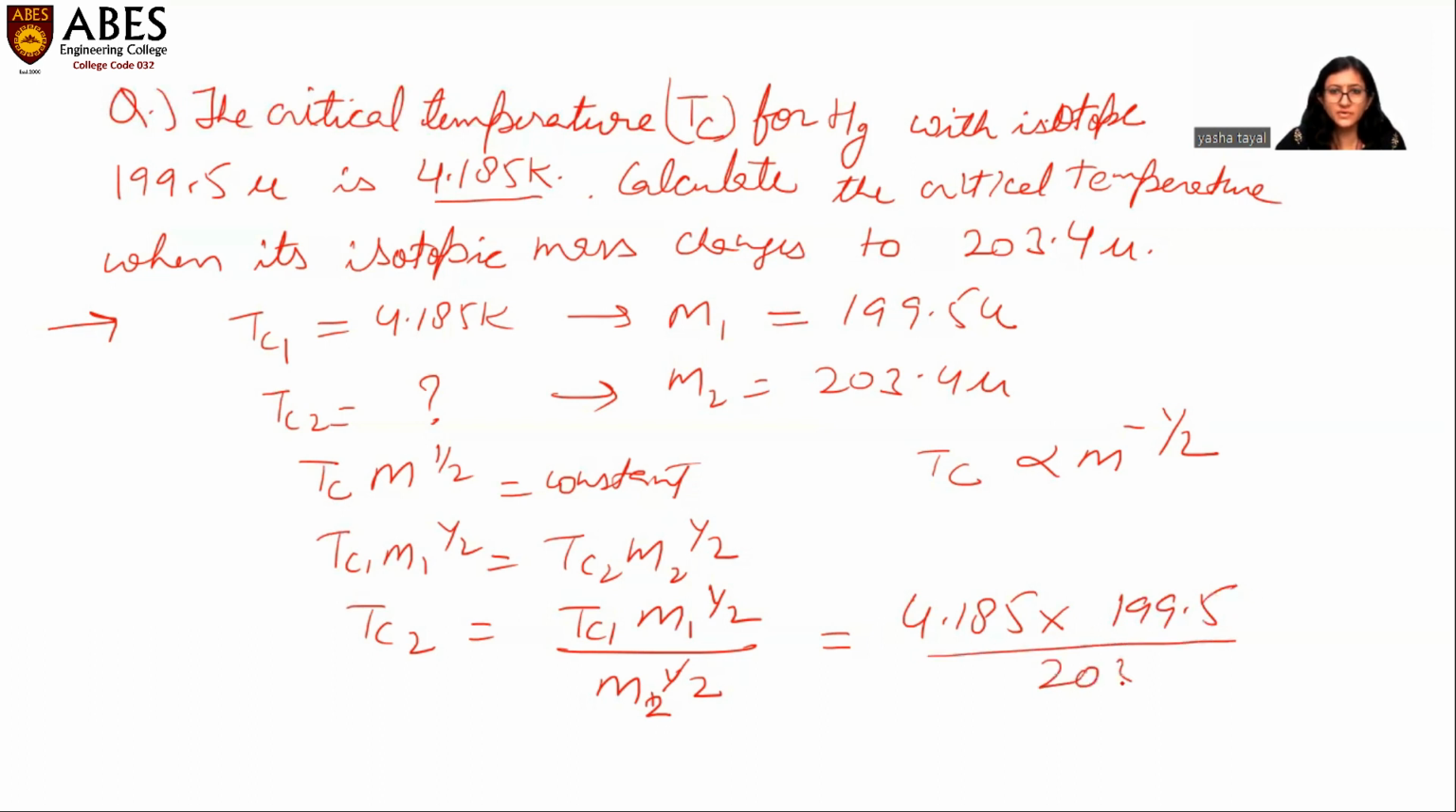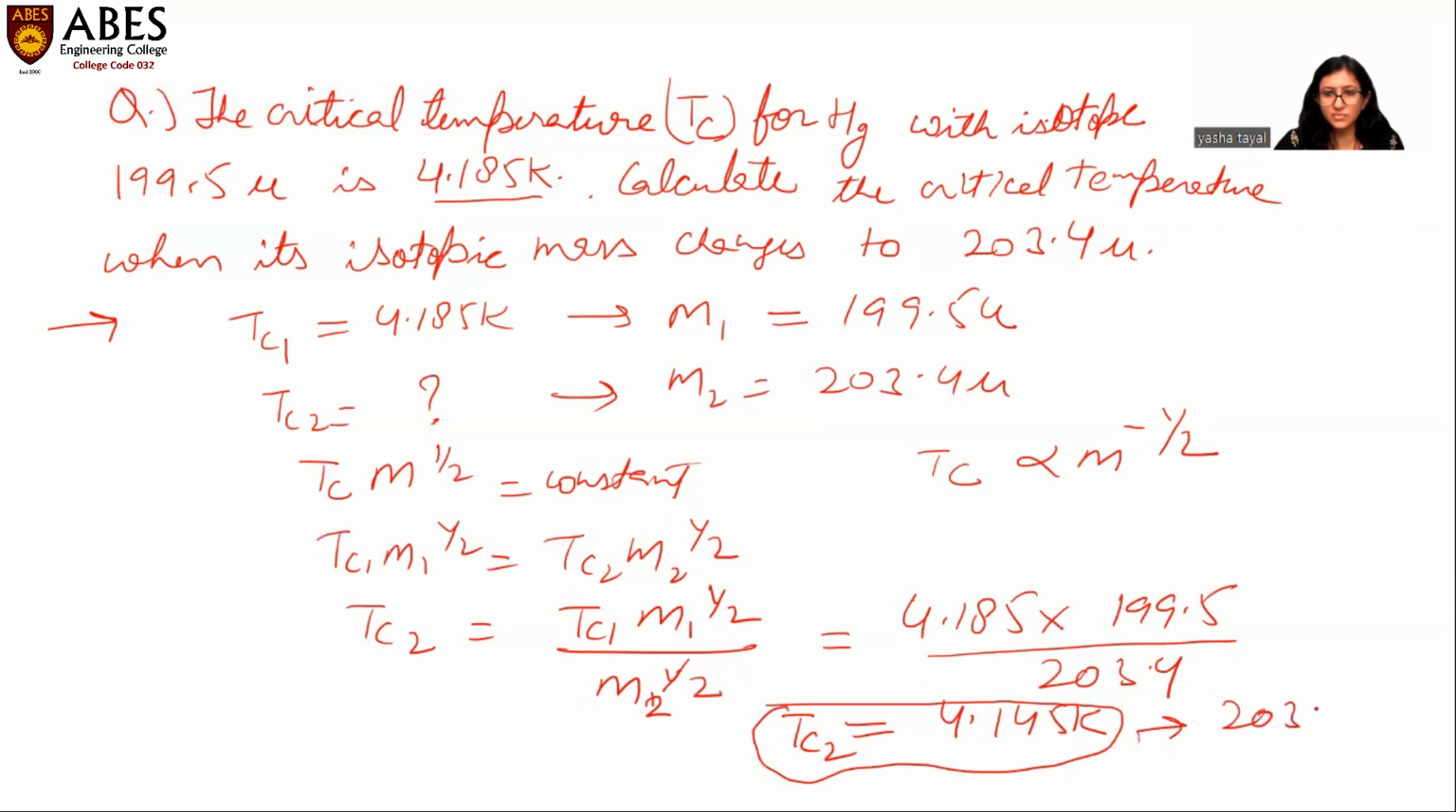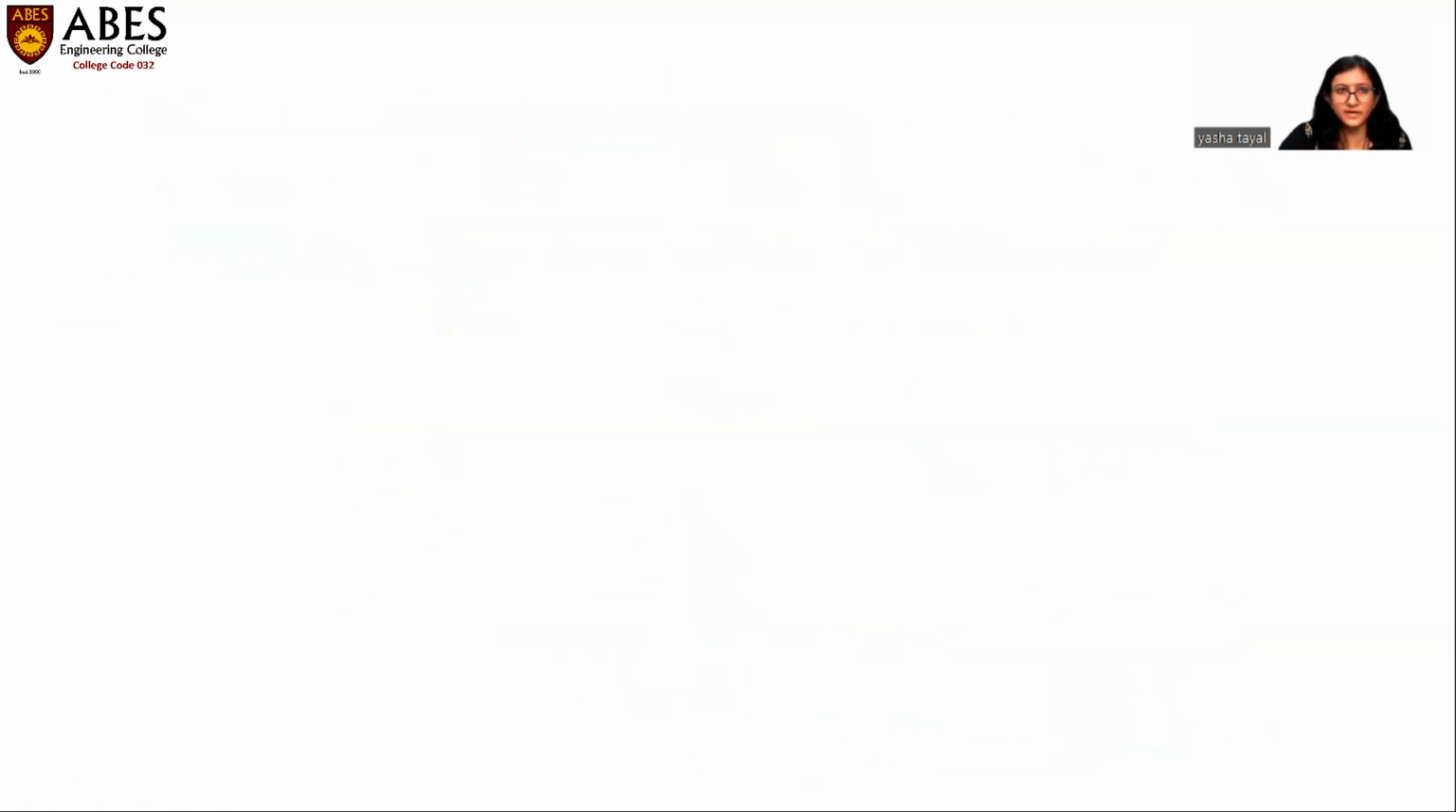We need not change the units because these will be cancelled out. We're going to solve this value. Our answer will be 4.145 Kelvin. So this is the critical temperature for mercury when its isotopic mass is 203.4 units. Very important numerical. Next numerical which I would like to address is on the temperature dependence of